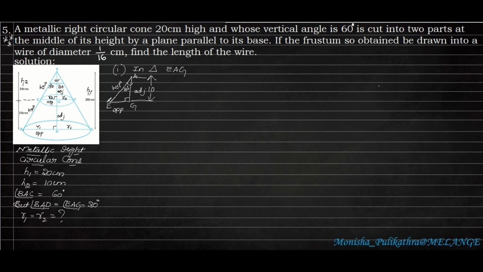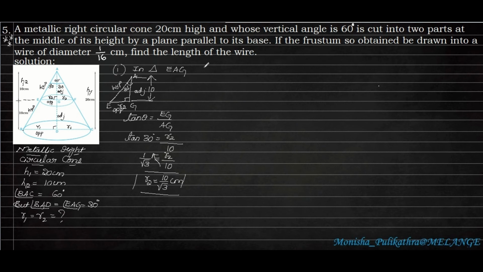So next we need to find the radius. So this is R2. Okay, R2 we need to find out. So if adjacent by opposite or opposite by adjacent is there, we can take tan theta. So tan theta is equal to opposite, that is EG, by adjacent, that is AG. So here the theta value is 30 degree. So tan 30 degree is equal to EG. EG is R2, that is radius 2, by AG, the height 10. Okay, so tan 30 is 1 by root 3 according to the chart. So 1 by root 3 equals R2 by 10, taking the cross multiplication, R2 will become 10 by root 3 centimeter. So this is the R2 value.